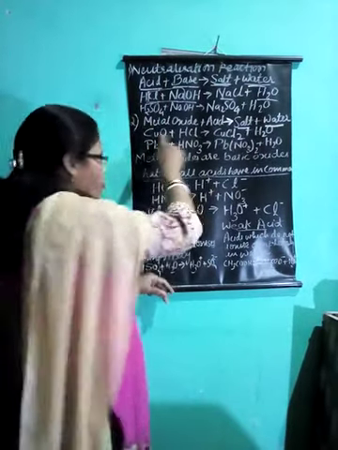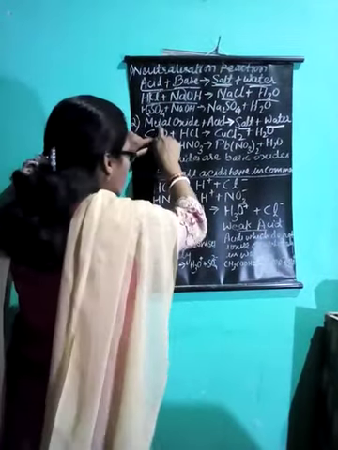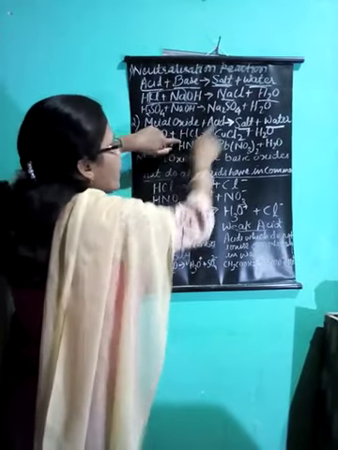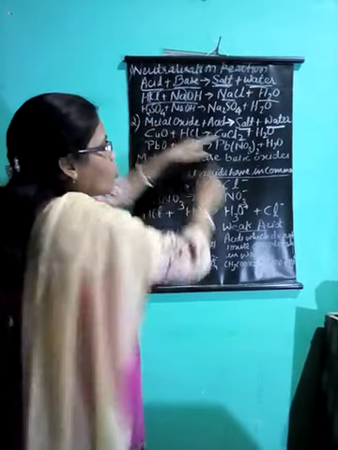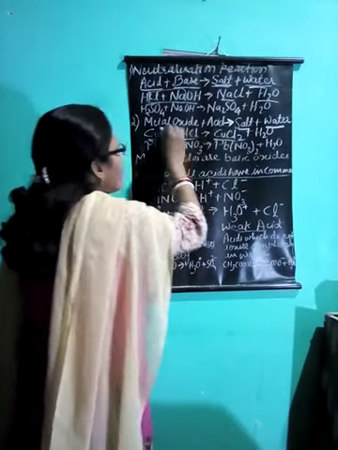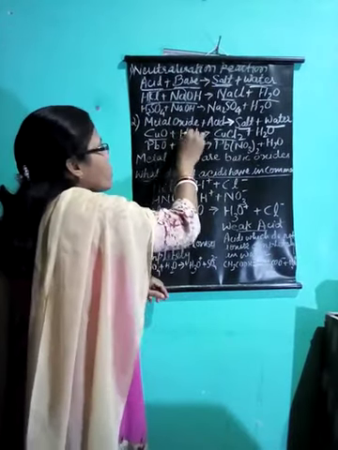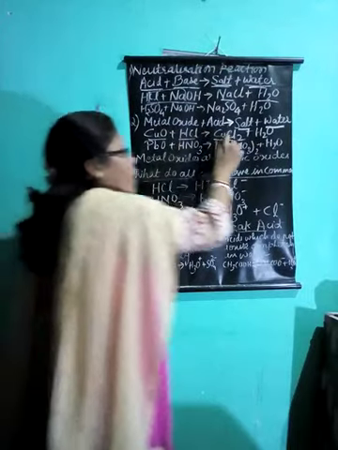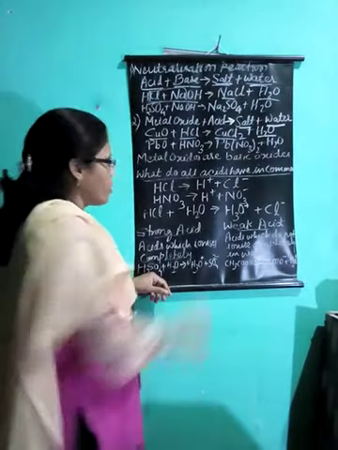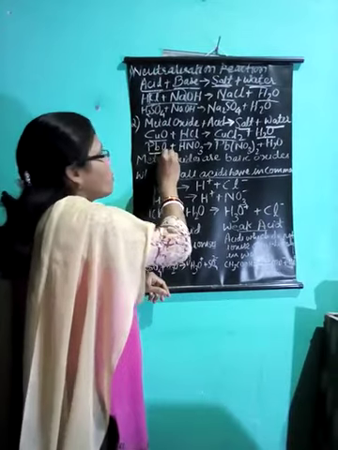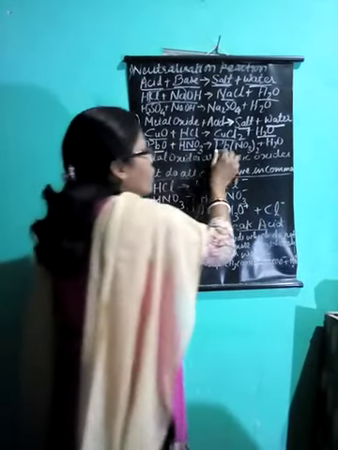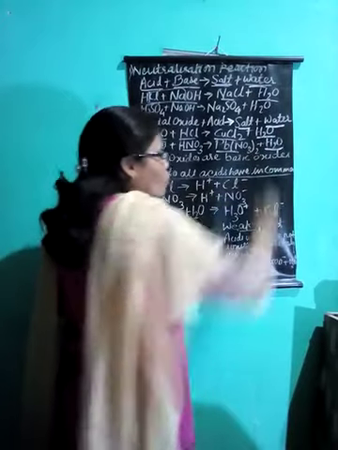Remember that. CuO is an example of a metal oxide. Cu is the metal, O is the oxide. CuO plus HCl, HCl is an acid. What is obtained? CuCl2. Cu will take the place of hydrogen and will form CuCl2, and H2O will be obtained. Another we can see is PbO. PbO is lead oxide. Lead oxide with nitric acid, when it reacts, lead nitrate is formed along with water.